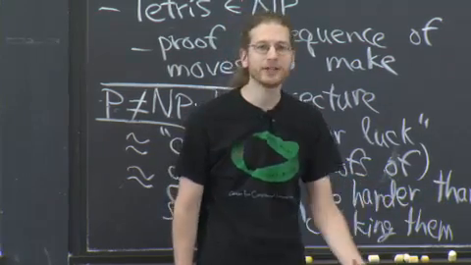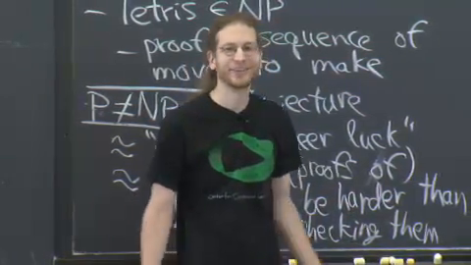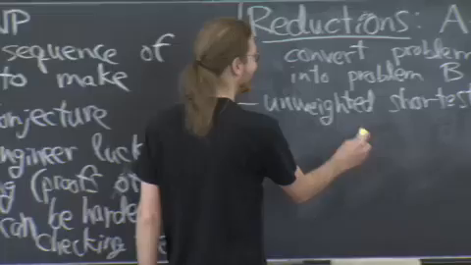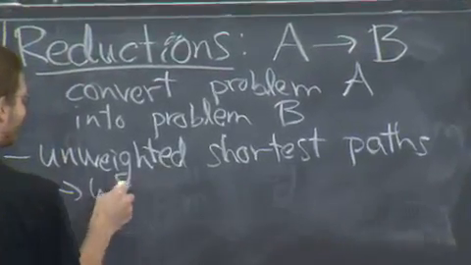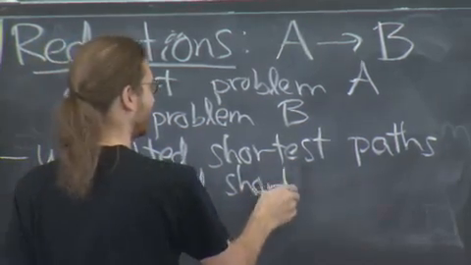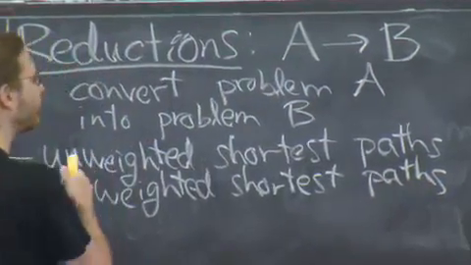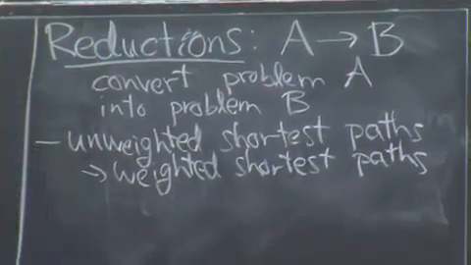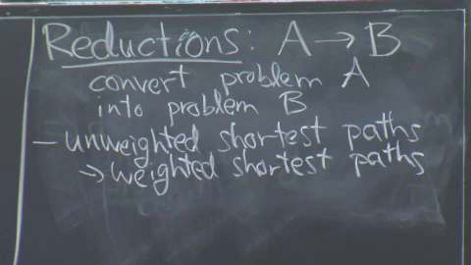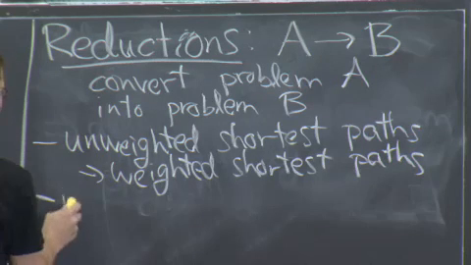But Dijkstra solves weighted shortest paths. I don't have any weights. What do I do? Set the weights to 1. Okay? So this is very easy. But this is a reduction. Simple example of reduction. Not the smartest of reductions, but it's a reduction. So I can convert unweighted shortest paths into weighted shortest paths by adding weights of 1. Done. Adding weights of 0 would not work. But weights of 1, OK. Weights of 2 also works. Pick your favorite number, but as long as you're consistent about it. That's a reduction.